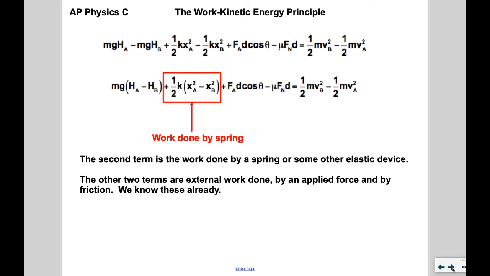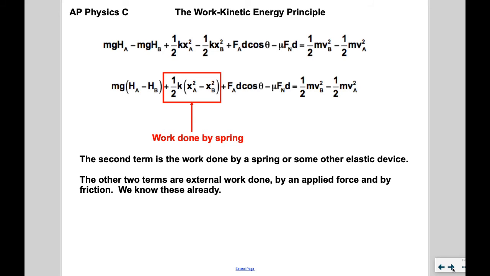We do want to make a distinction between the work done by the spring and the work done on the spring, because they are effectively opposites. So in this case, if this is a positive quantity, that would imply that the initial deformation was greater than the final deformation,